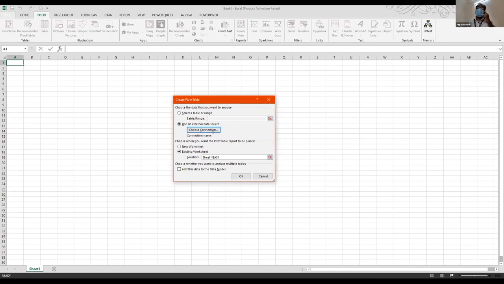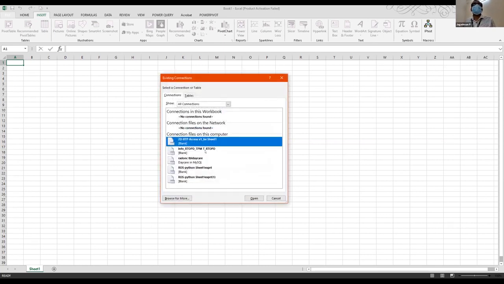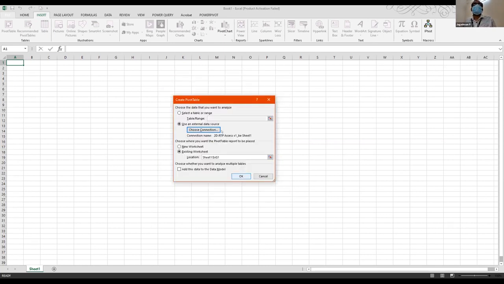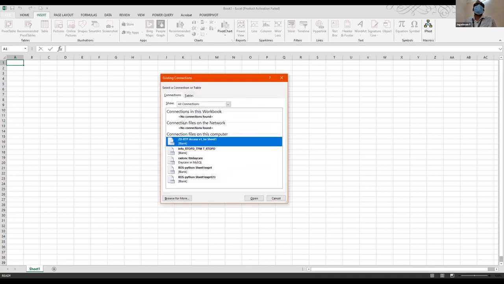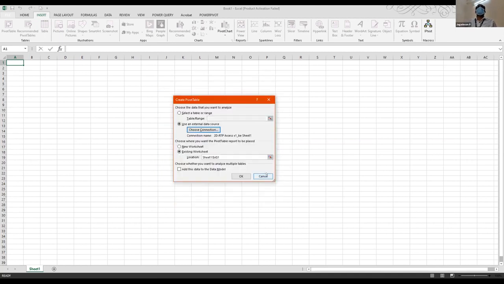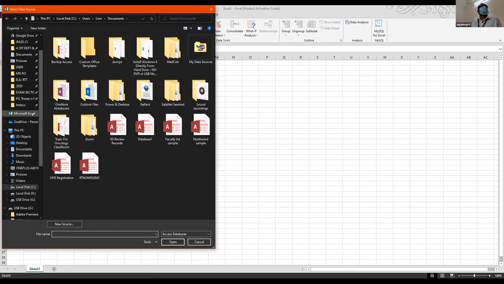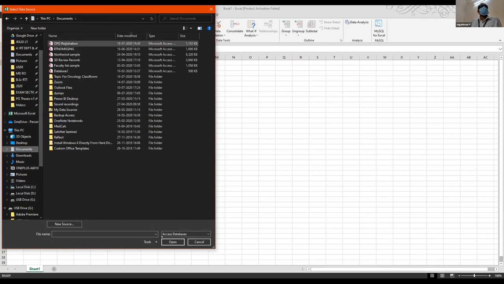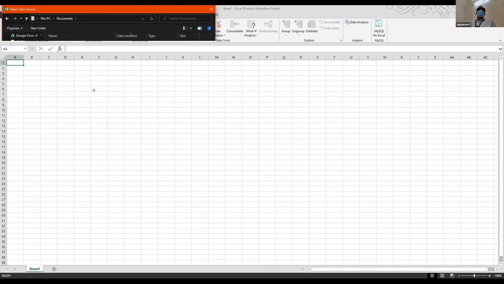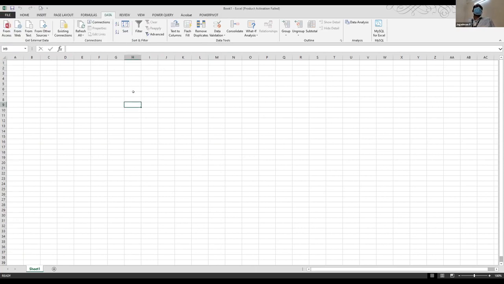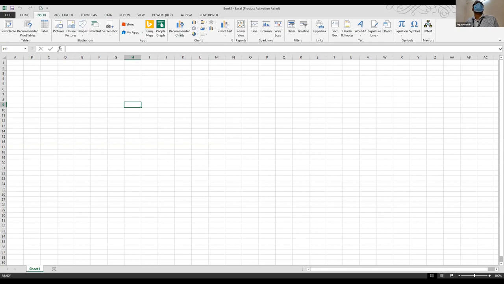Okay, so this create pivot table pop-up. Through this, I have selected the name of the file. I have gone into that. I have selected the name and I'm going to open it further. So this is one way of opening it. The other way of opening it is to go to the tab box and, on the left side, get external data. We can click the Access button here. Again, go to the documents folder where we say OPD registration, click open. So these are different ways of opening it and saving it over here. Let me just close this.